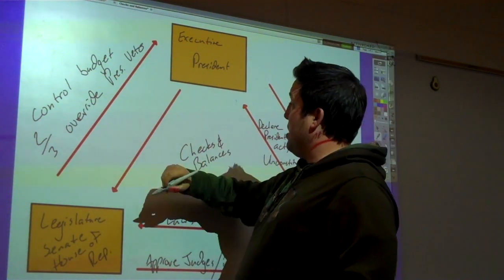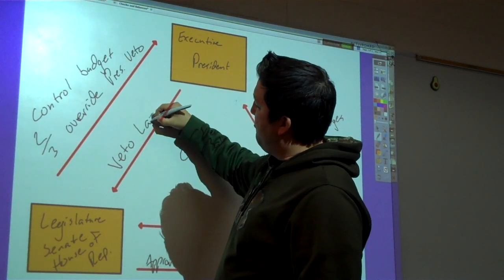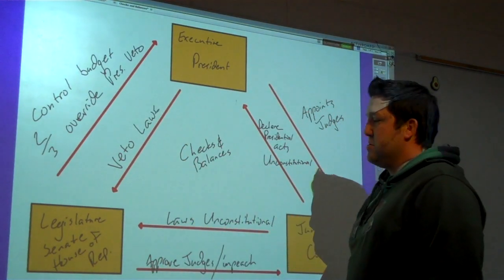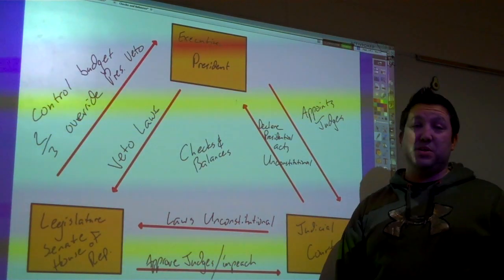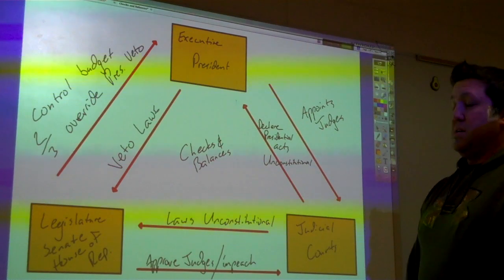So we already kind of gave it away. The president can veto laws. So the president can say that is not a good piece of legislation. You can't raise taxes on people that have red hair. It's not fair,